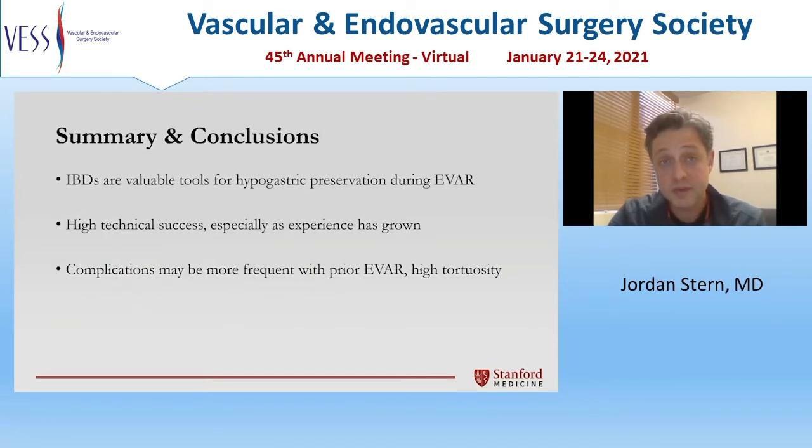In summary, IBDs are extremely valuable and our preferred method for maintaining hypogastric flow in the setting of aortoiliac aneurysmal disease. As our experience has grown, a high technical success rate is achievable, though some complications may still occur. Prior EVAR and tortuous anatomy appear to be particularly associated with problems, and so IBDs should be carefully planned and